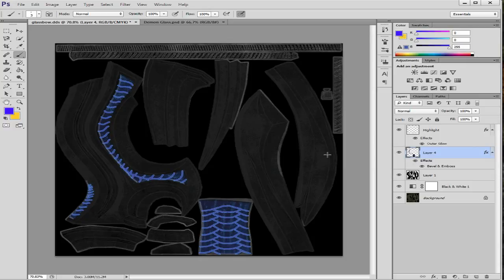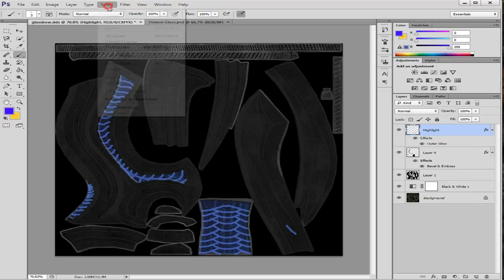And the next thing I'm going to do is make a little mark with my brush tool, on the highlights tab, so I know where I can go back and erase it. I think I'm going to do this little mark, it looks like right here. I'm going to make a little mark like that, and that automatically highlights, which is really cool. So I'm going to make that little mark for a reason. So I'm going to select all,